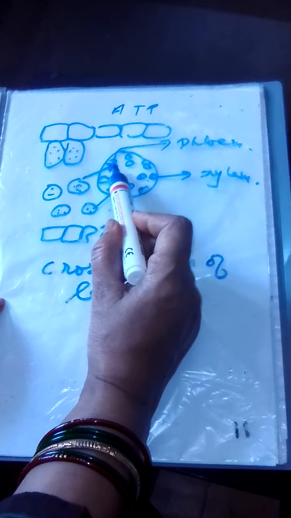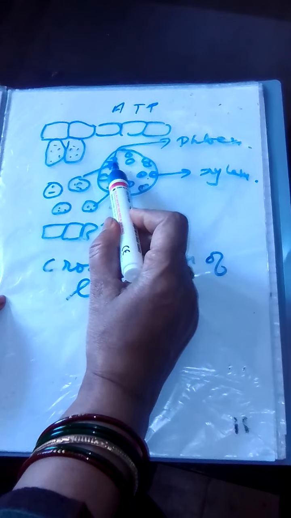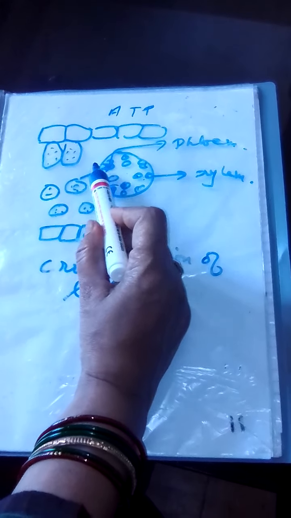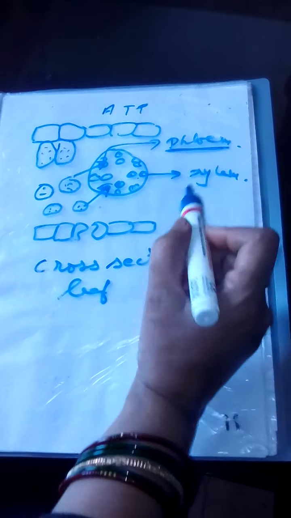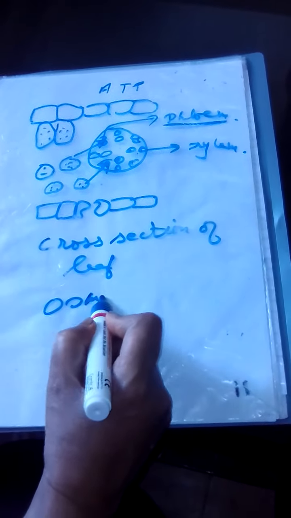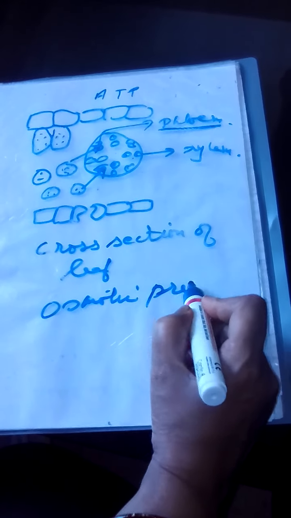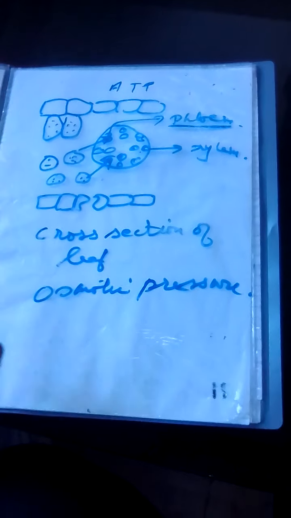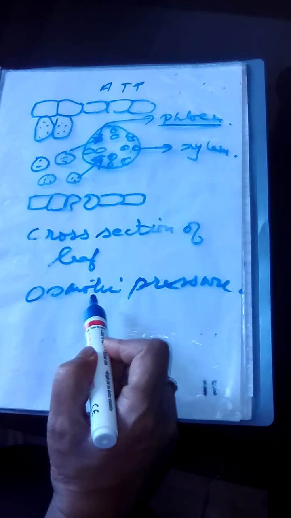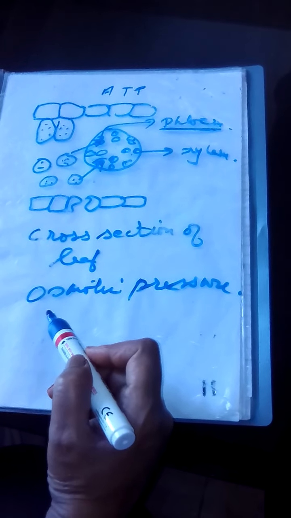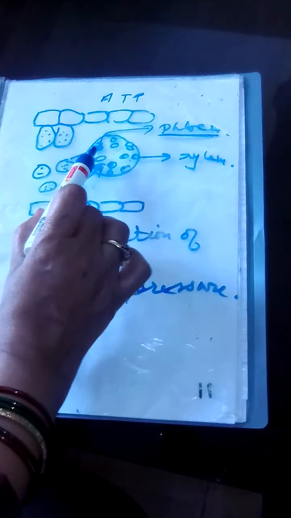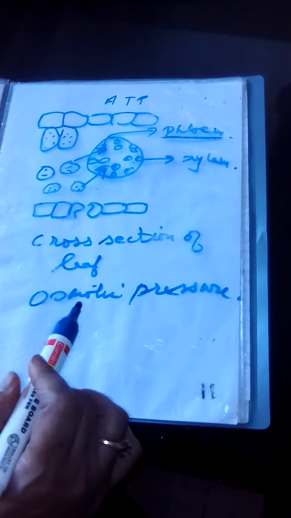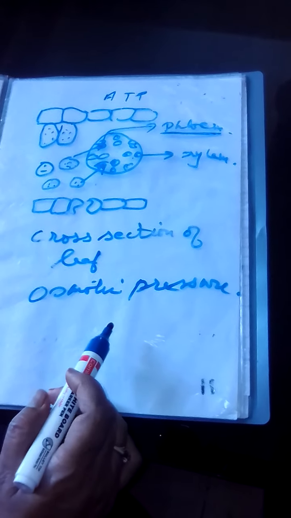Once the sucrose enters this phloem tissue, due to osmotic effect, it draws water from the surrounding cells. As a result, the osmotic pressure in this region of the phloem increases due to the entry of water. Now the transport occurs from a region of high osmotic pressure to a region of low osmotic pressure. It means transportation occurs according to the plant's need. Where will it be transported? From the phloem of the leaf to the storage organ or to the growing region.